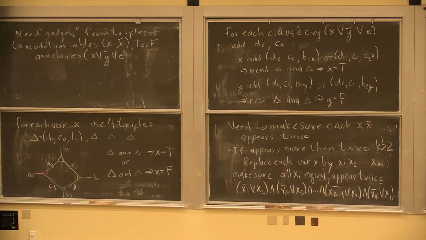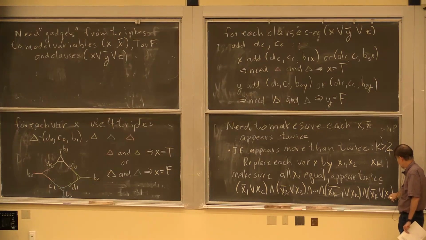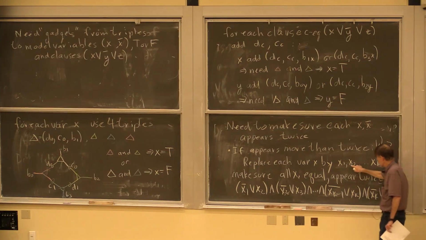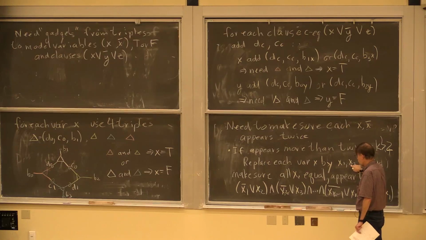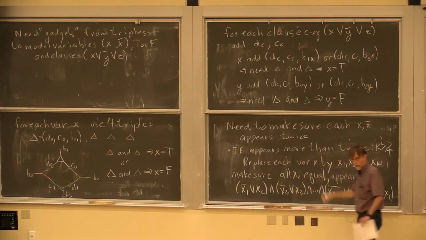Yes? So if you want to make sure each of the variables appears exactly twice, right? I'm not done yet, because if it appears once, I have to fix that too. But if it appears more than twice, we have to add that, to make sure that all the x sides are equal, right? Yes. That already uses x2 twice. So x2 appears exactly twice, which is what I wanted.